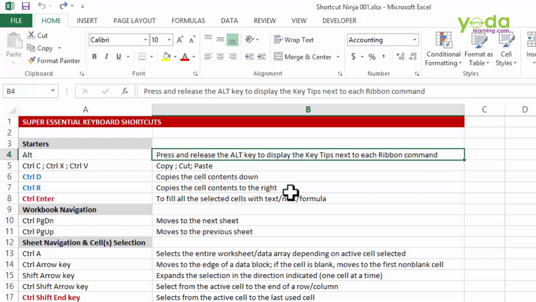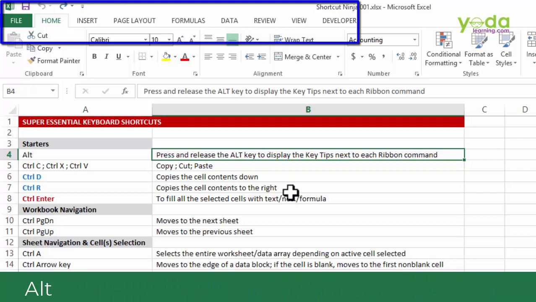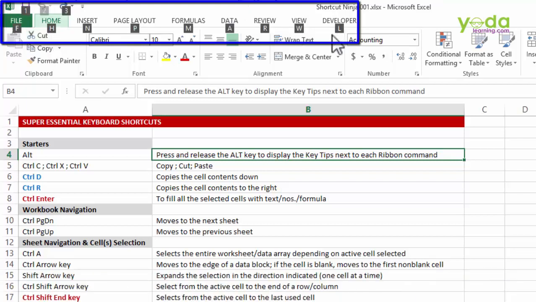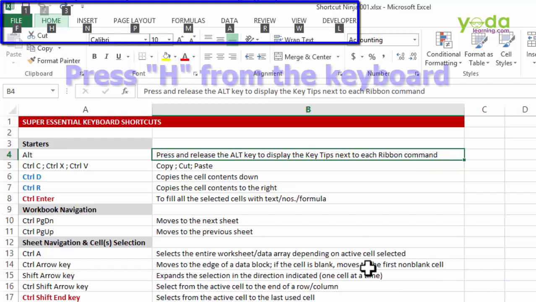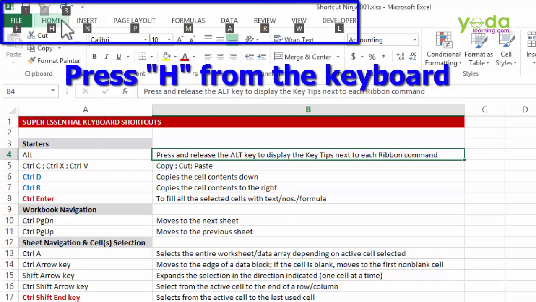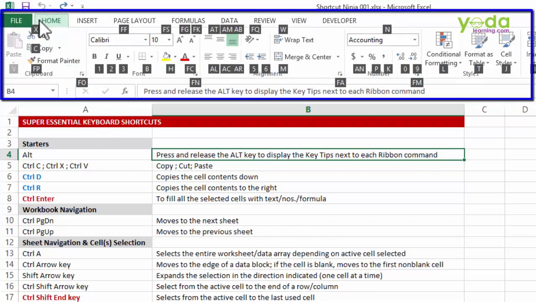Well, actually no. Notice my screen. If I press the Alt key, automatically the ribbon shows all the key tips. And when I click on the letter H, why letter H? It's actually indicating the Home tab. When I click on H, it further shows me key tips within the different components of the same tab, Home. Now notice carefully, the button which is showing you fill color is also indicated by the letter H.